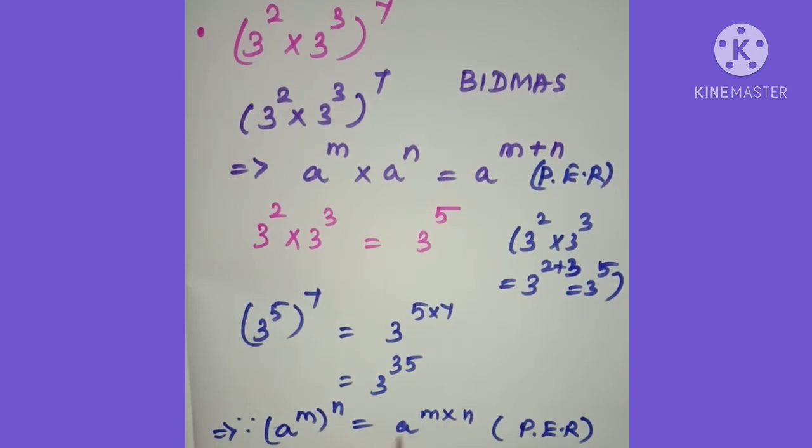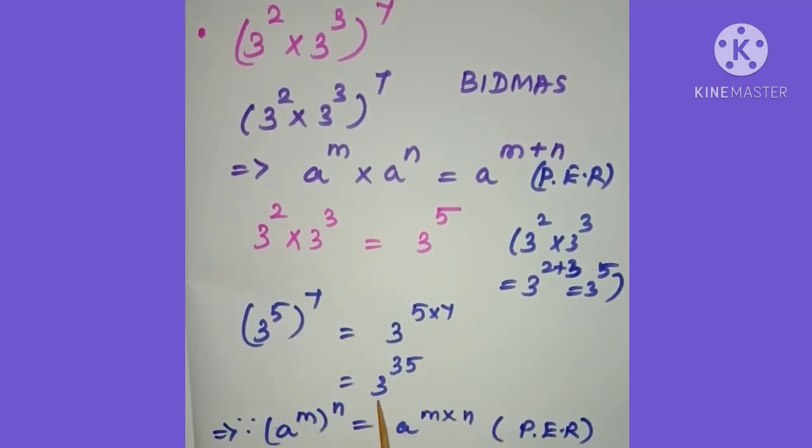So that is a power; we can multiply the exponents, that is a power m into n. So we can use here 3 power 5, the whole power 7, can be written as 3 power, take the product of the powers, 5 into 7. So in the next step we can write 3 power 5 into 7 is 35.